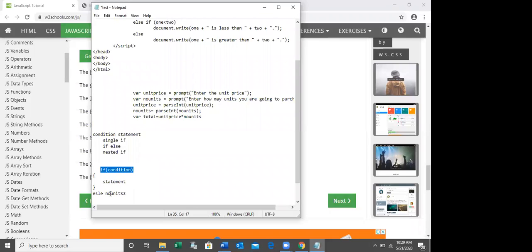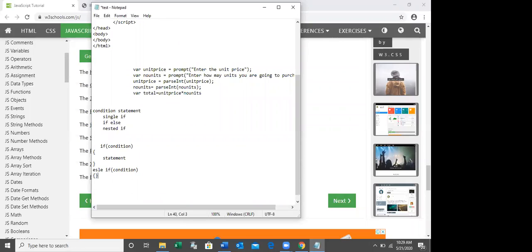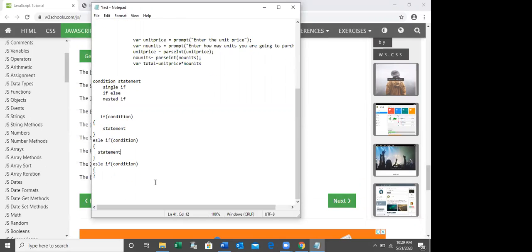You can check another condition. So already you know this one, just I am repeating this. Okay. Then like that you can check the conditions, right? Statement. Then you can put the statement, right? If the condition is false, this one. Again, if the condition is false, this statement will be executed, right?